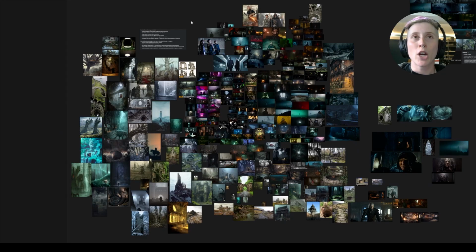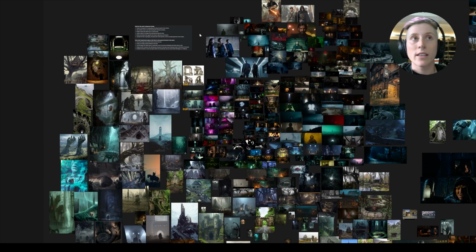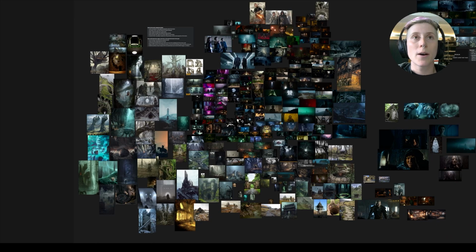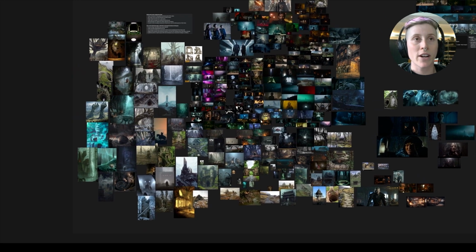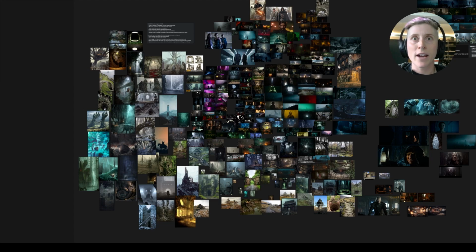I have my chaotic Pureref board before I clean it up. Something that you need to know is that this week we needed to do a mission pitch. So we needed to do a PowerPoint or PDF document, and I'm gonna show you that. But I started again this week by doing some mood board and finding some references to find an idea.